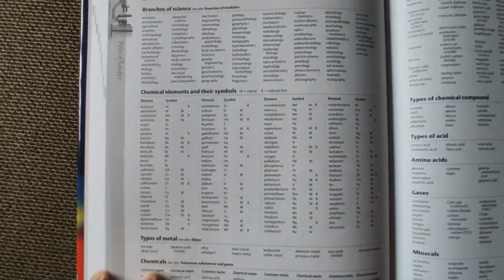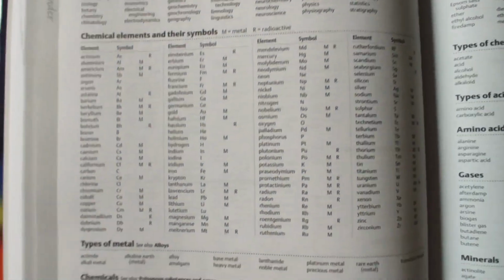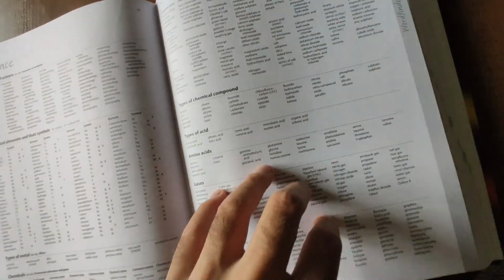Science, you have the periodic table, which is very nice. Types of metals, chemicals. They don't do it by order of electrons or something? Neutrons? I don't know. It's been so long and I can't get chemistry, so they do it in alphabetical order. They do say if something's a metal or radioactive by the little thing on the side. Types of chemical compound, acid, gases, minerals,